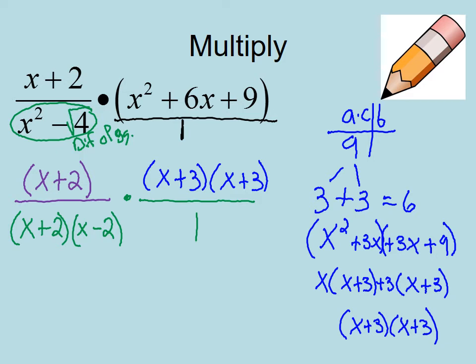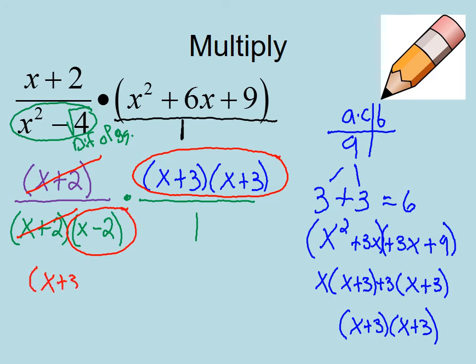Now I can start simplifying. So when I'm simplifying this, you guys, it has to be exactly the same. So I have an x plus 2 on the top and the bottom. Then I have an x plus 3. There's not one on the top and bottom, so I can't do anything with either of these. These have to stay. If I look at the bottom, this also has to stay. So my answer for this one is going to be x plus 3